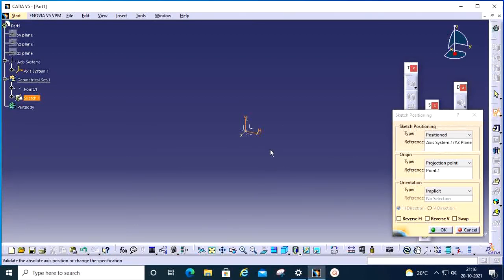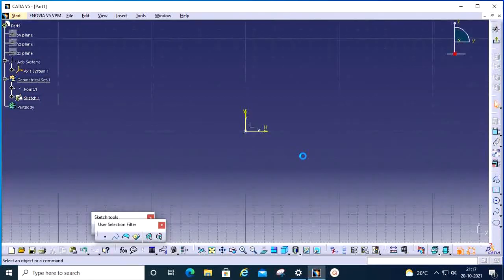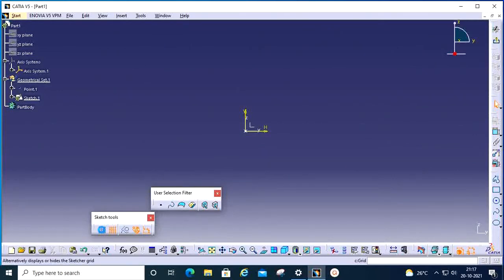Already we have the point, so that the origin will start from this point. Here you have this vertical and horizontal. If you want to change this horizontal or vertical, how you want to create the part sketch, here you can modify. If you do swap, it will go. By default it is coming on vertical and horizontal axis. Once I clicked OK, this is the grid. It is for supporting purpose. If you want, you can use this grid. Otherwise, if you don't want, you have to hide it here. If you hide it, this grid will go.